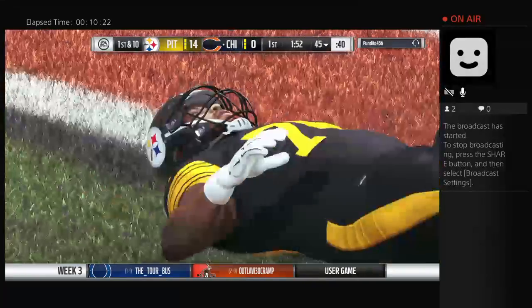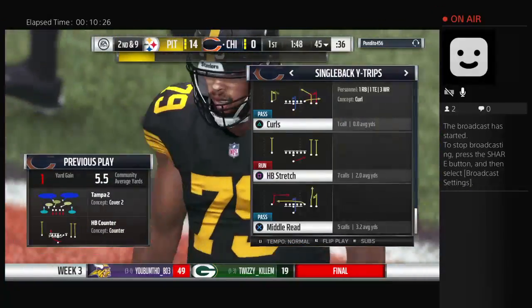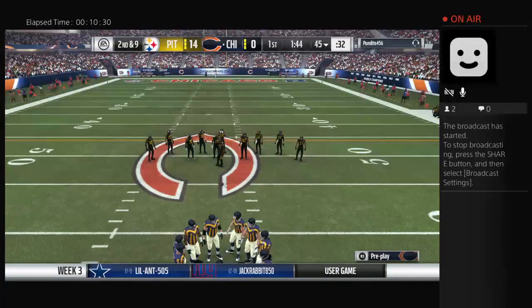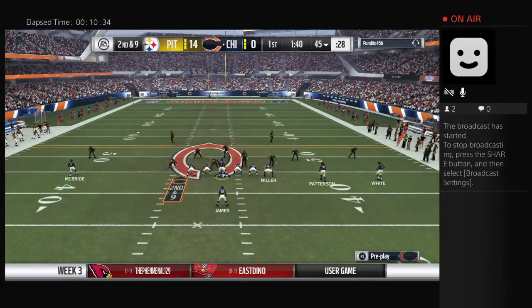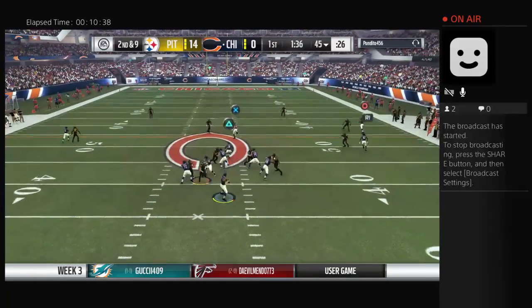On the ground, it's James. Just a yard on the pickup there, and it'll bring up a 2nd and 9. A 1-yard gain can look like a disaster, but it all depends on how the game is going. Is it a series of 1-yard gains running the ball? If that's the case, you might have to start thinking about throwing it a little bit more. But if it's just the occasion...